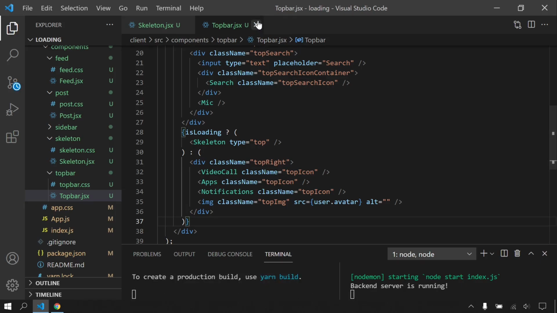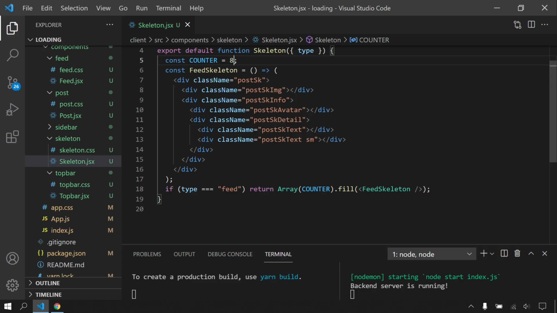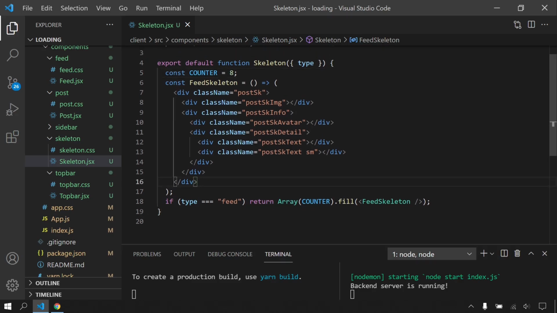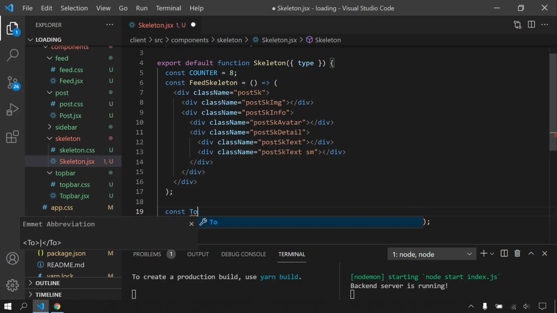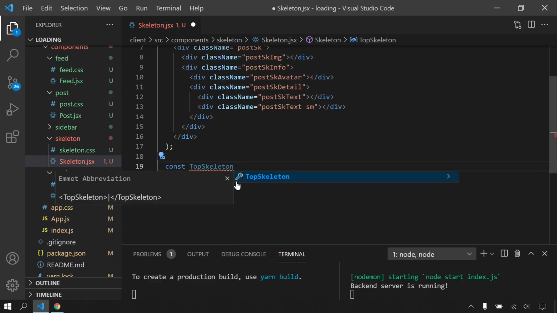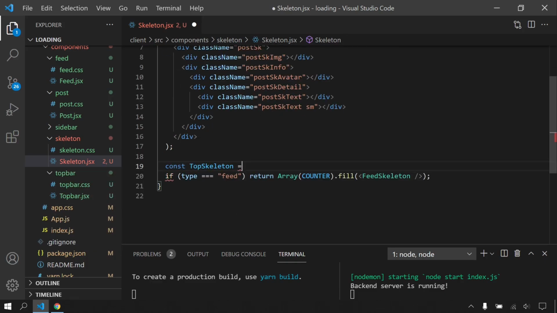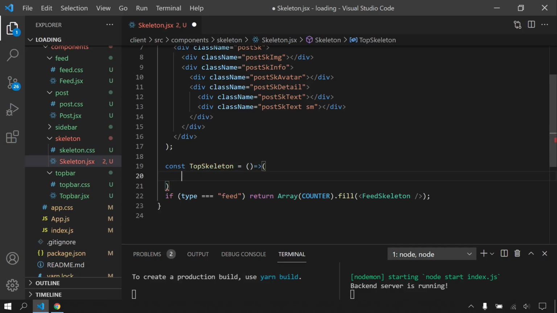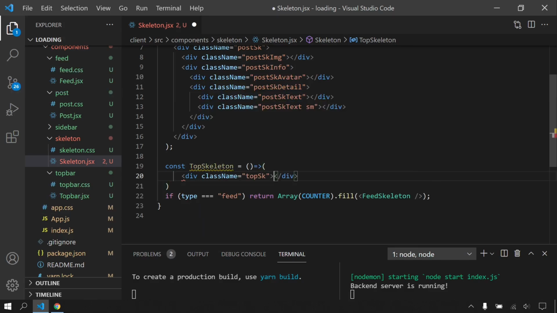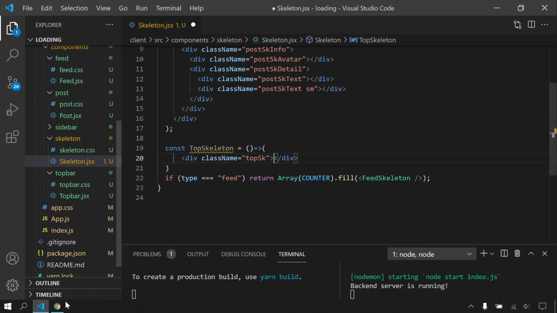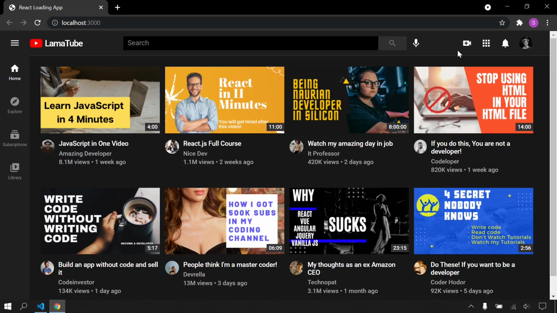Okay, let's close here. And right now I'm gonna create another component, const top skeleton. So it's gonna return, let's say, top skeleton. So what we have here, let's see. We have 3 icons and 1 profile picture.